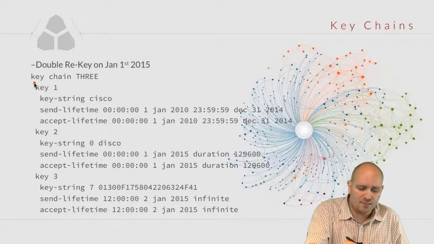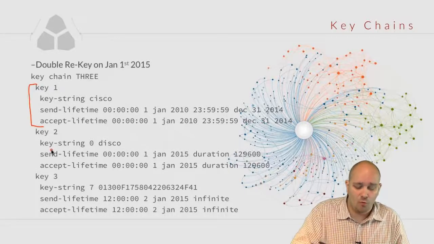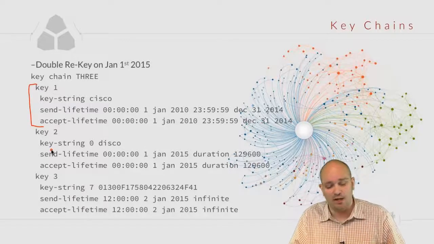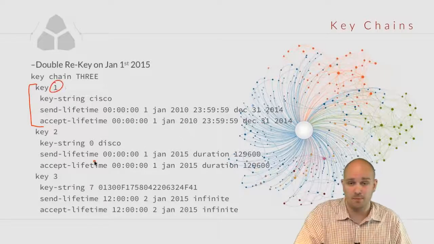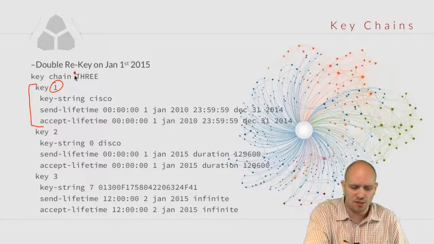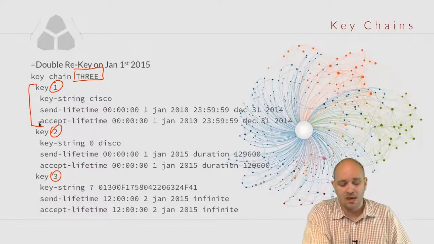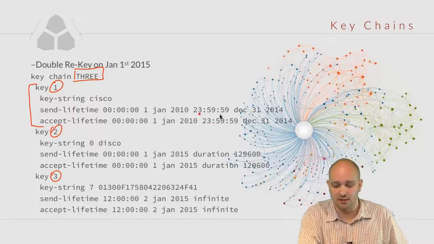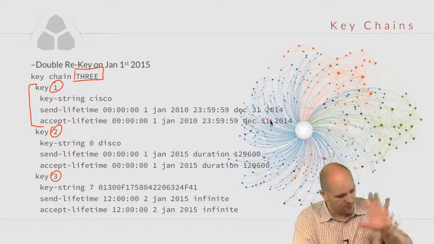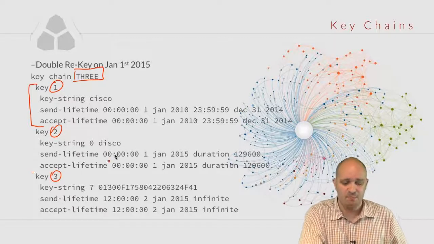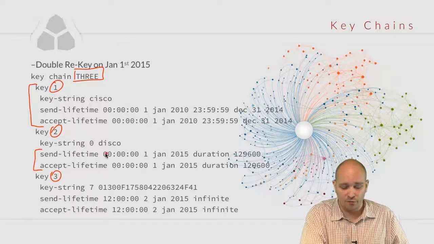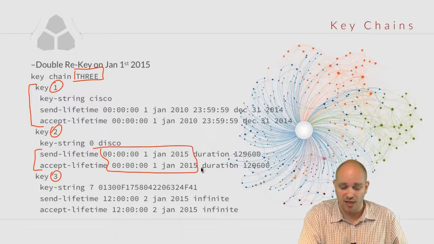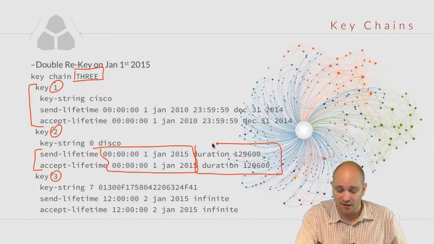So I have already explained the behavior of what is going to happen here in my key number 1 in this example. So this is a new keychain. This is keychain 3, which has 3 keys 1, 2, and 3. So the first key is going to be valid from January 1st, 2010 until midnight January 1st. That's clear. The second key is going to be valid from January 1st, 2015, so this is this part, and then it's going to be valid for